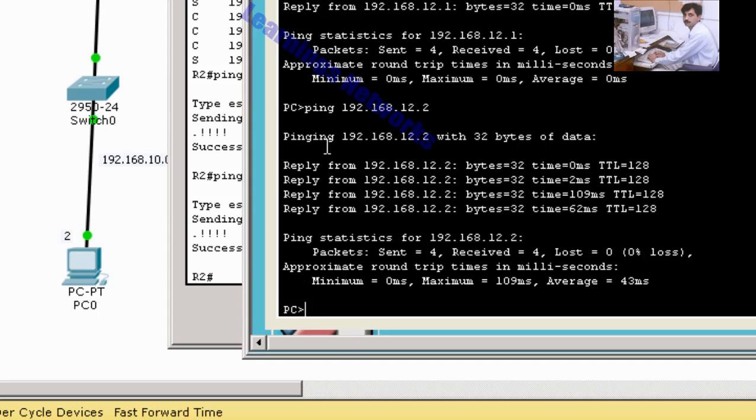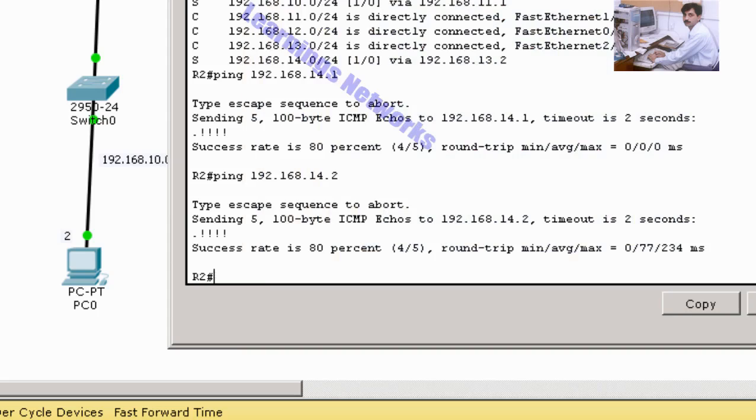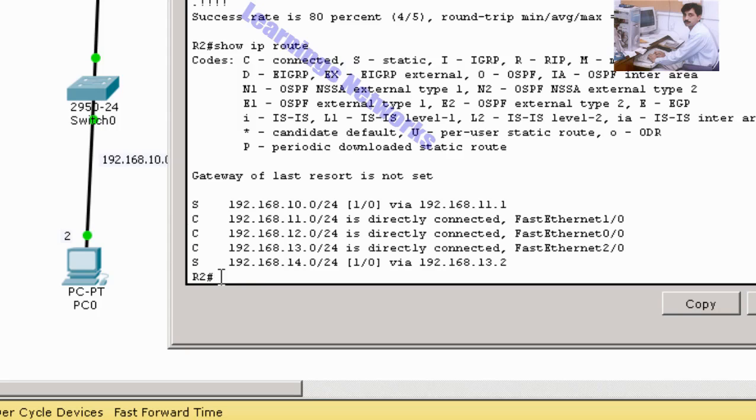So now we configure R2. Let's check the R2 IP route. The 10 network, 11.0 network, 12.0 network, 13.0 network and 14.0 network are in the routing table of R2.